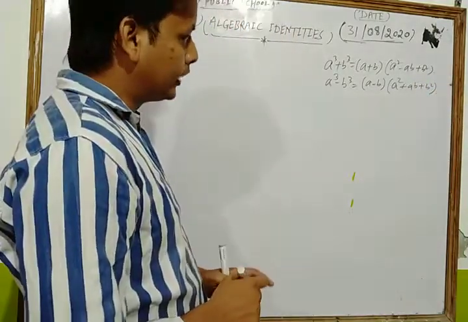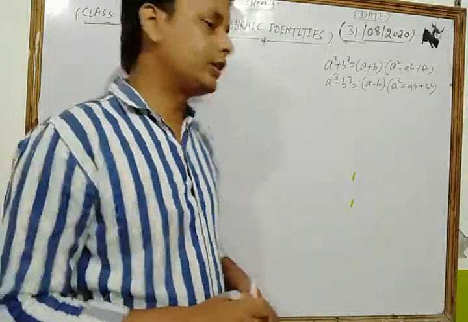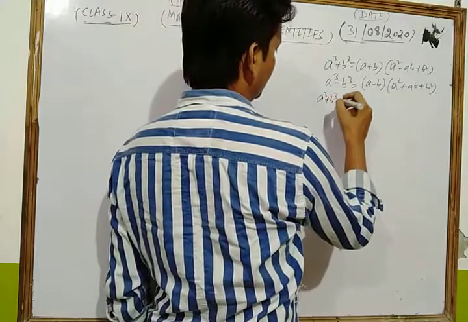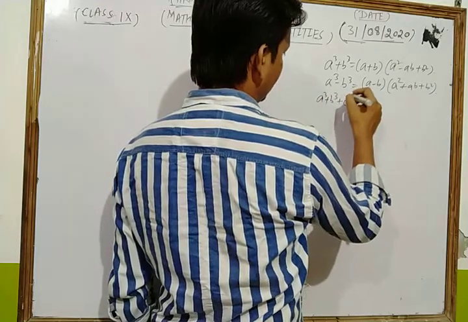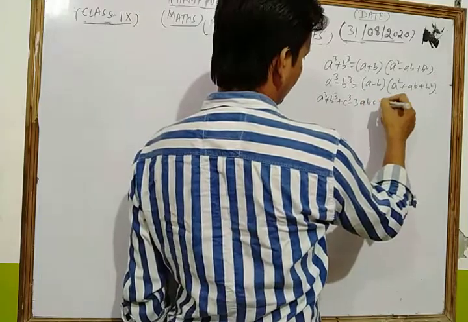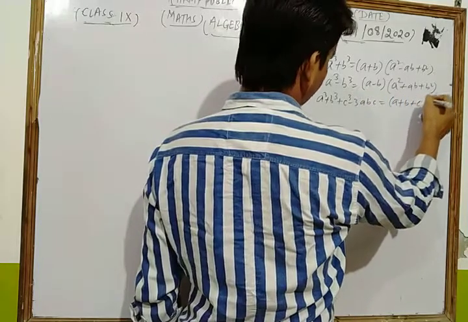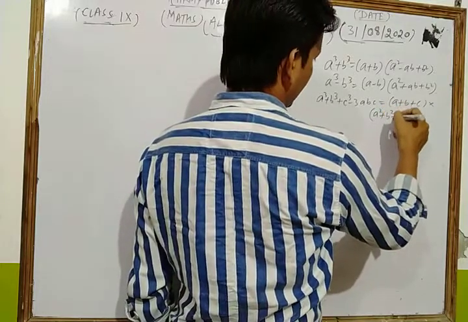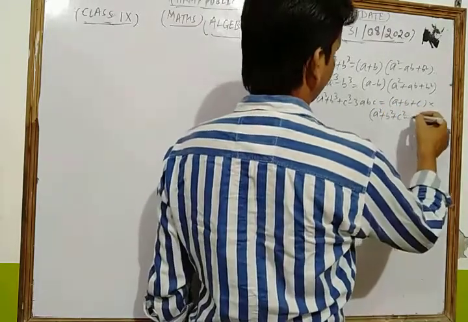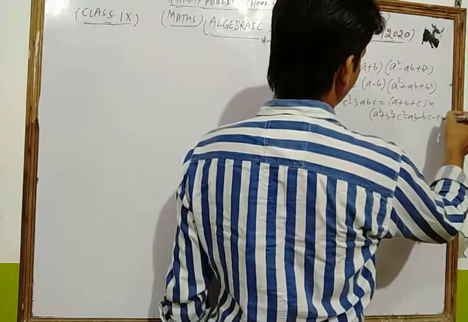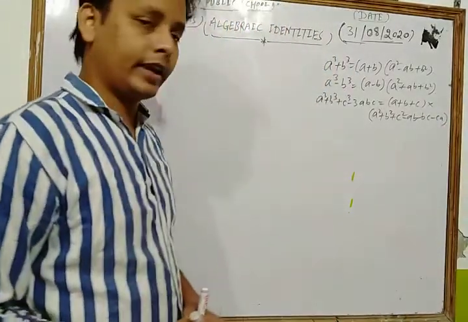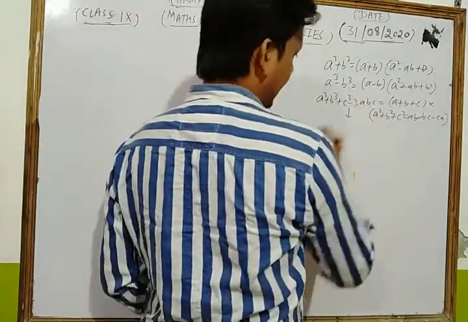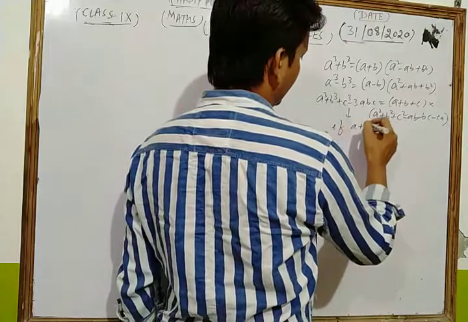Today we also solve some questions based on the identity a cube plus b cube plus c cube minus 3abc, which is equal to a plus b plus c in one bracket, and in another bracket a square plus b square plus c square minus ab minus bc minus ca. We also solve some questions based on the property of this identity, if a plus b plus c